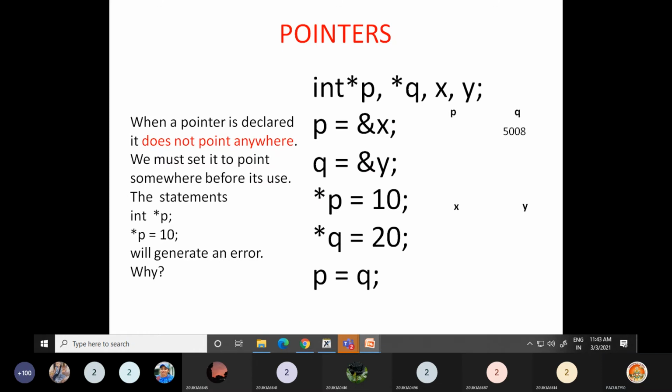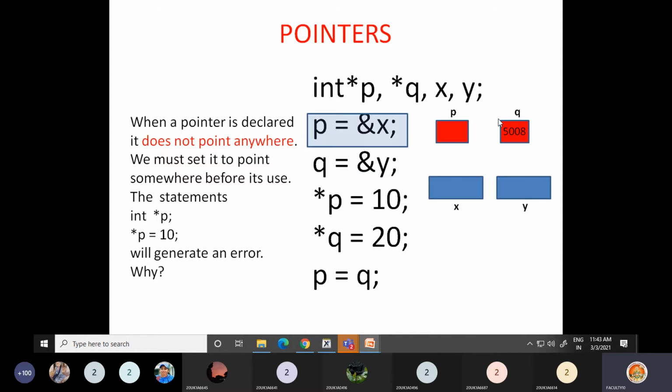Now assume we have some piece of code like this. Let's try to understand what happens. I have two pointer variables *p, *q and two ordinary variables x, y. This is memory for pointer p, and this is memory for pointer q. Similarly, memory is allocated for x and y. When you say p is equal to address of x, p is now pointing to x.